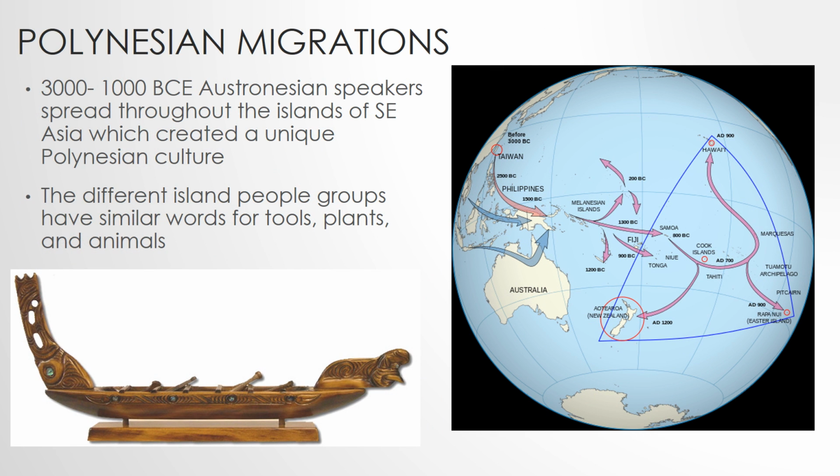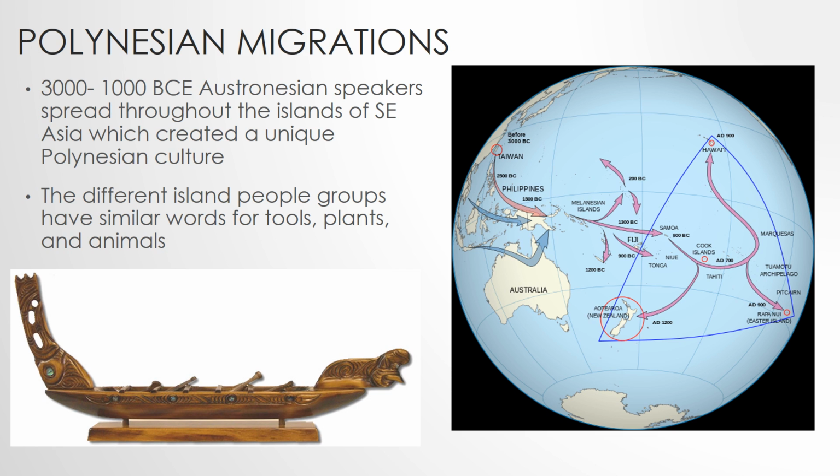Another migration that's super important is the Polynesian migrations. We will look at this in a little bit more detail in the next unit as Captain James Cook is going to start looking at these islands. So around 3000 to 1000 BCE, these Austronesian speakers, the Austronesian is a language family, spread throughout the islands of Southeast Asia, which creates this unique culture that we call the Polynesian culture. So this is a culture of